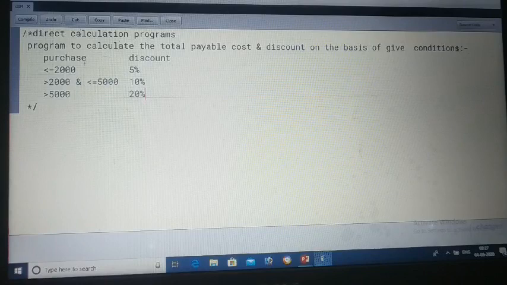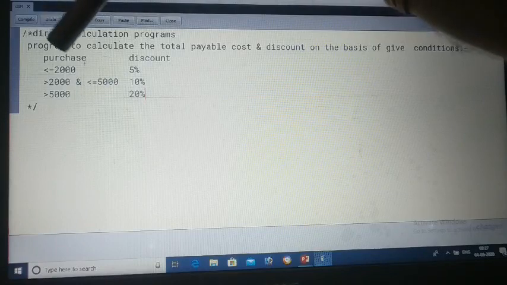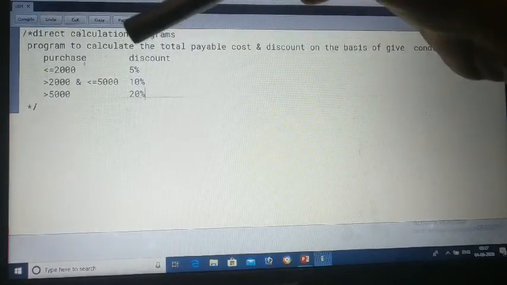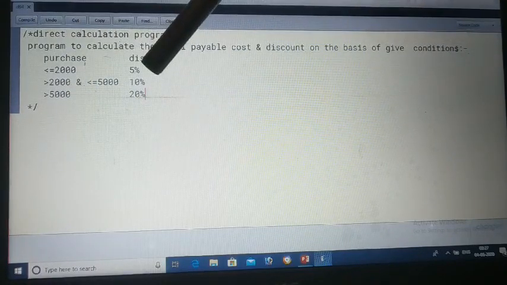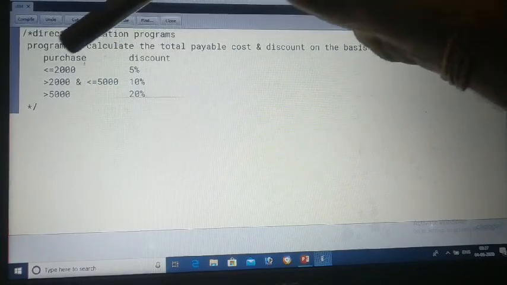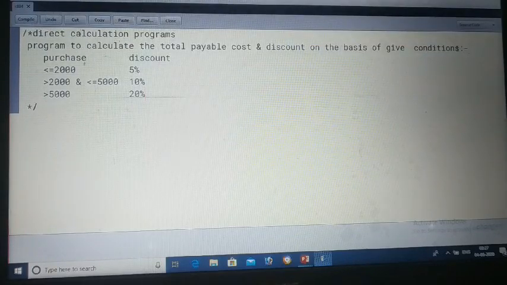On the basis of these conditions, which condition are we falling on? We are falling on the first condition, because our purchasing is less than 2000, that is only 1000. So we will be getting a discount of 5%.